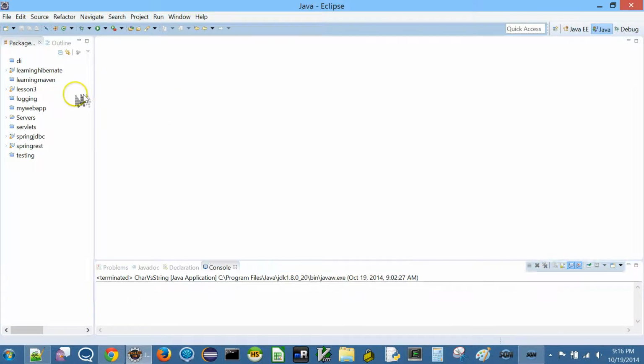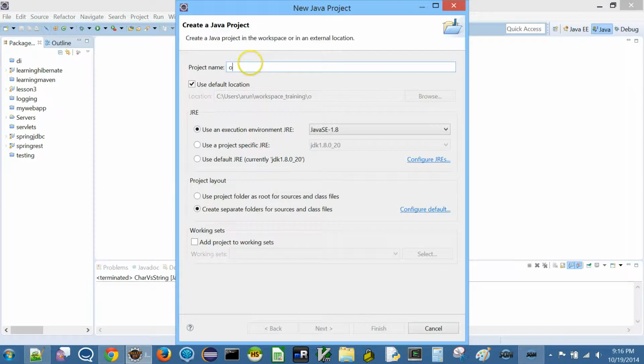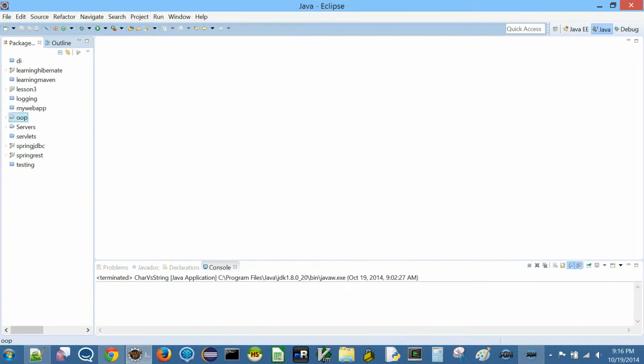Okay, so let's create a new Java project, and I'm going to call it OOP for object oriented programming, and then finish. And then I go here, there is SRC, and inside SRC I'm going to create different classes basically here.